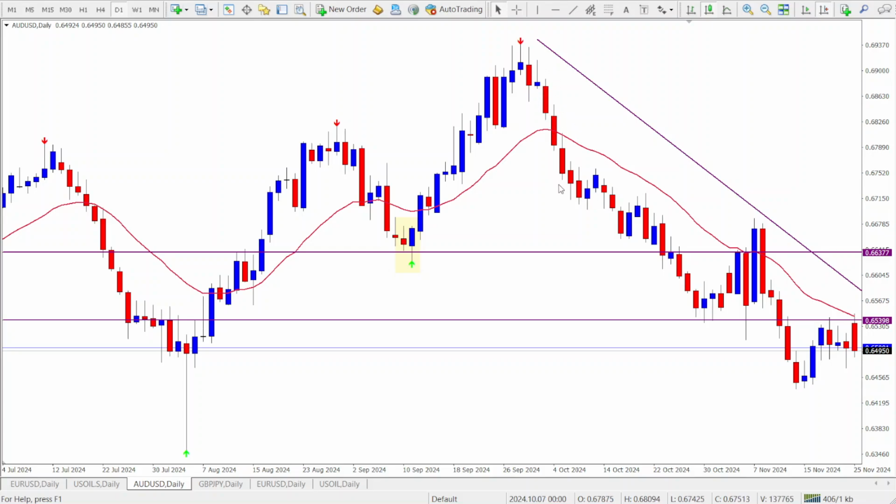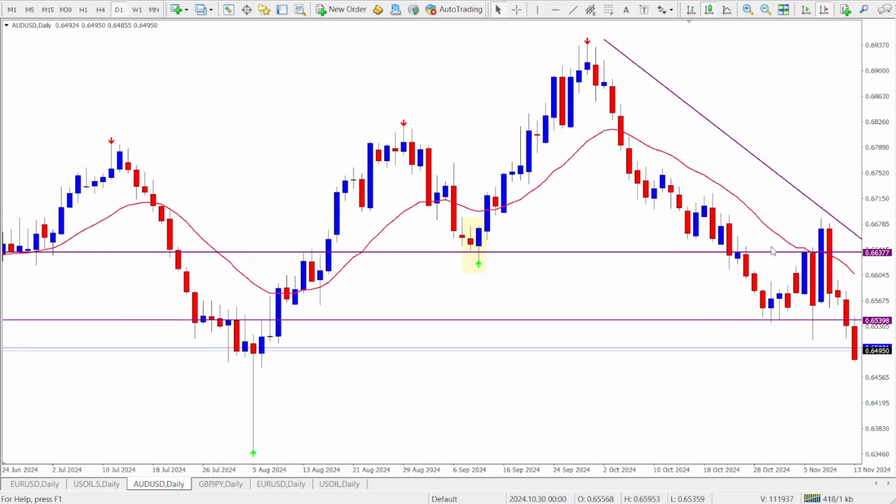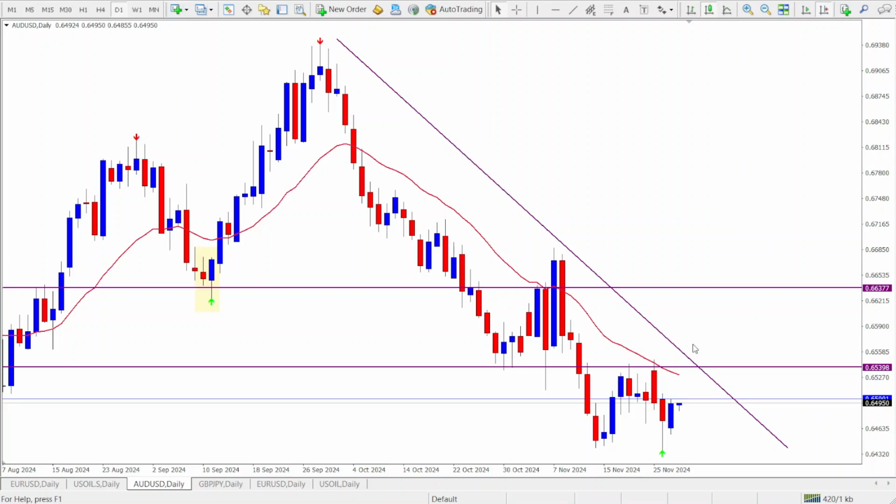So when the candlesticks drop below the moving average, that's a sell confirmation. You can enter your sell, set stop loss above the swing high, take profit at your support zones, or wait for price to cross above the moving average,